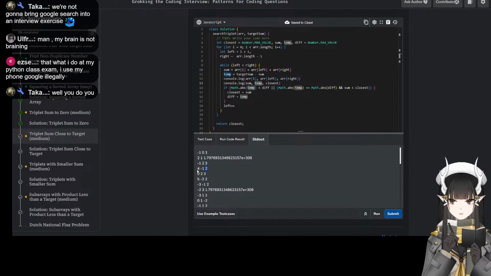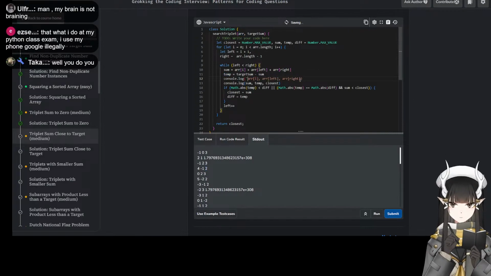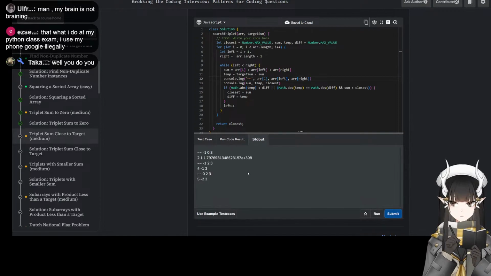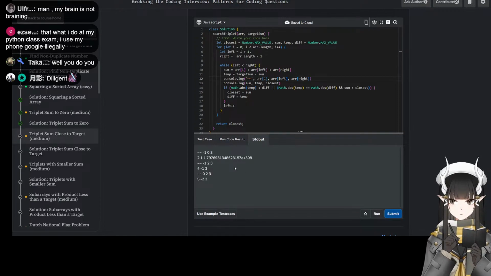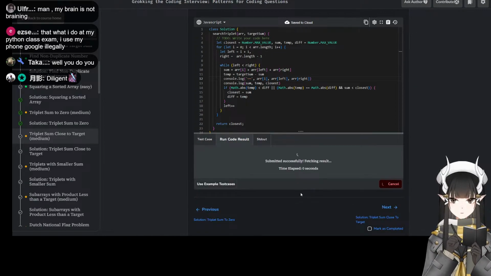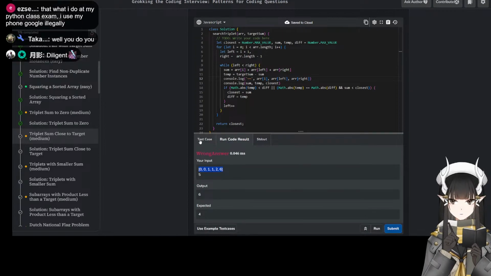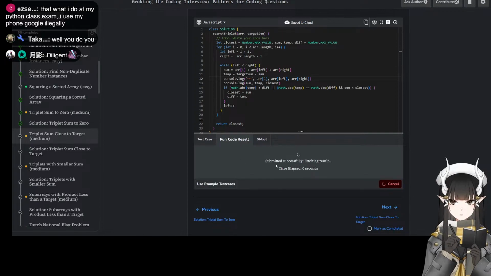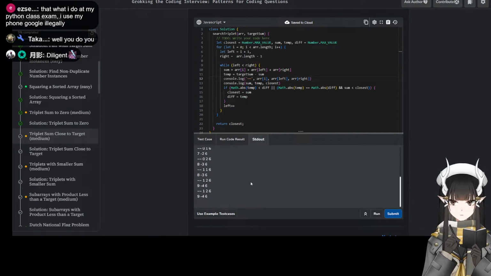I was looking at the wrong number. Just so it's easier to read. Oh, that's why this number is too big. There are too many big numbers. If I run this, then we look at a smaller value.